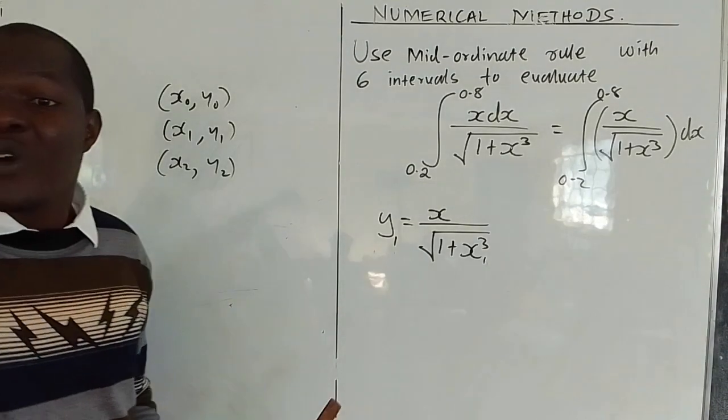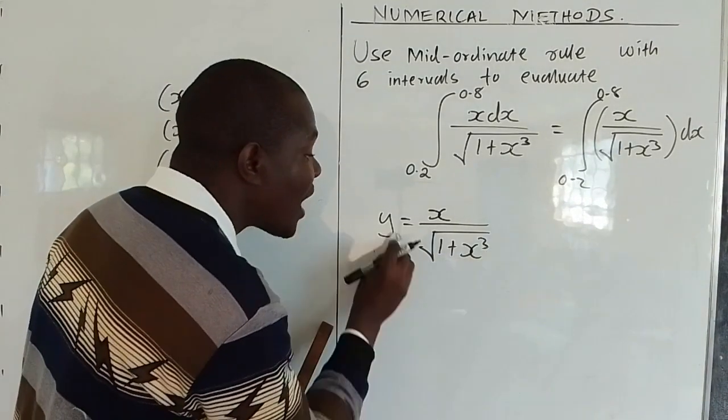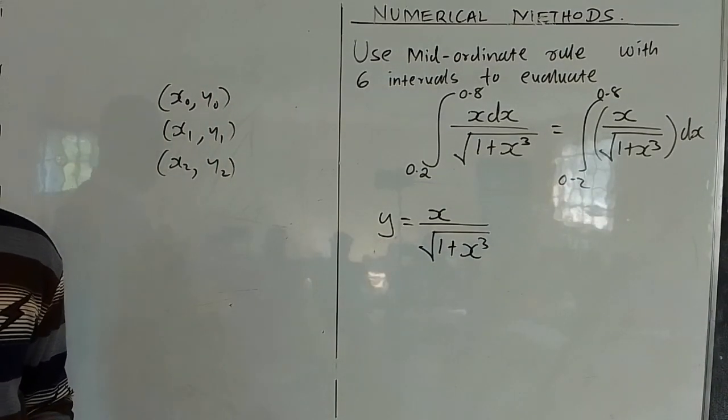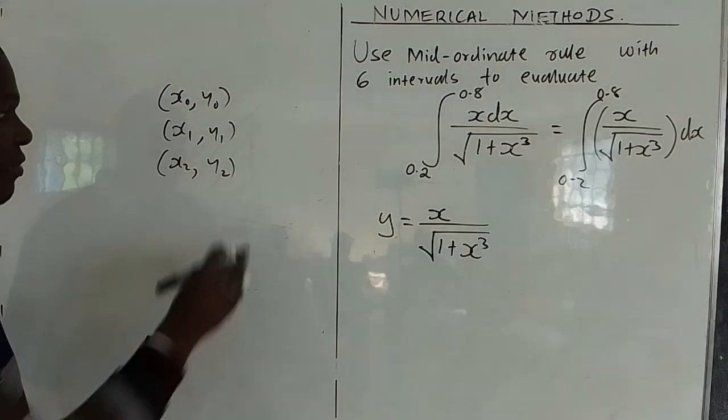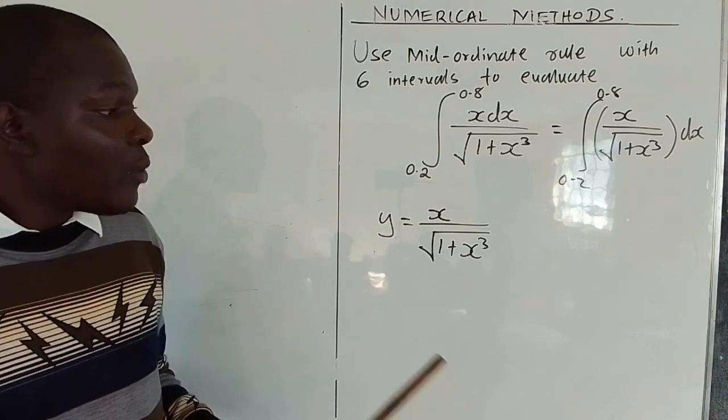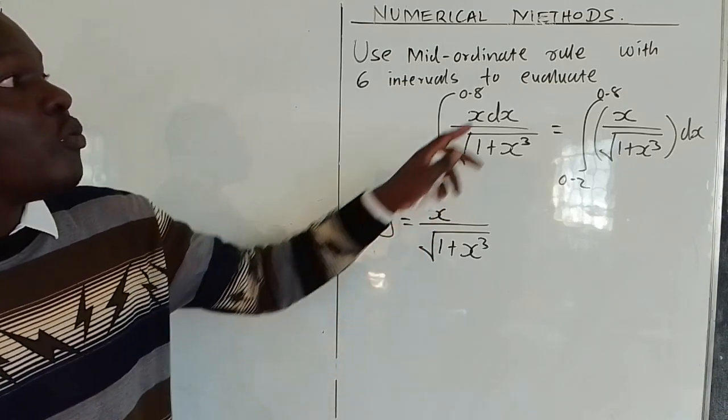And because those y coordinates are what we are interested in to get the area using Mid-Ordinate rule. Are you seeing that? Are we together? Very good. So that part has been explained, isn't it? So the next thing, for you to get the area with Mid-Ordinate rule, you've been told to use how many